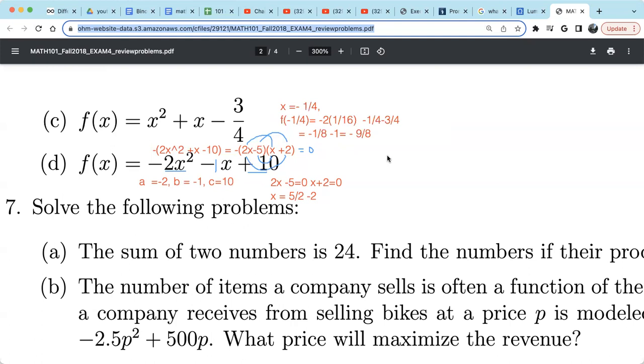Negative 9 over 8. So our vertex is negative 1/4, and the function value is negative 9 over 8. Okay, now with all this information, we can draw